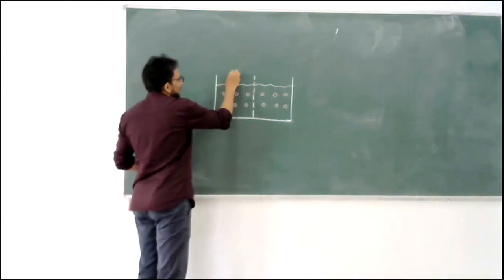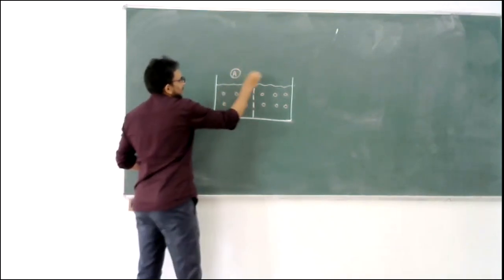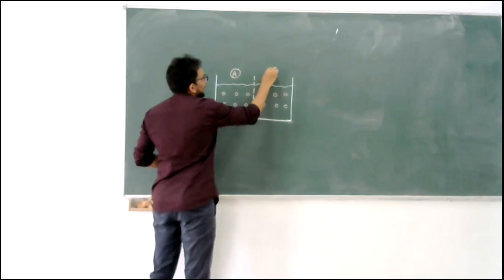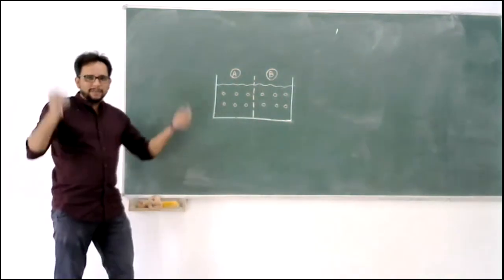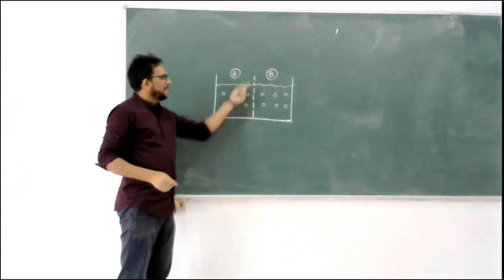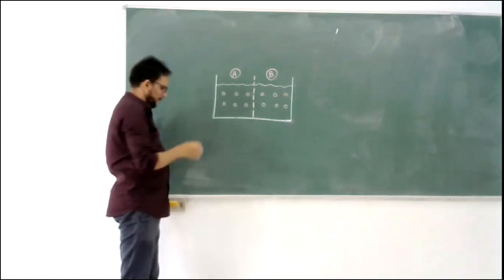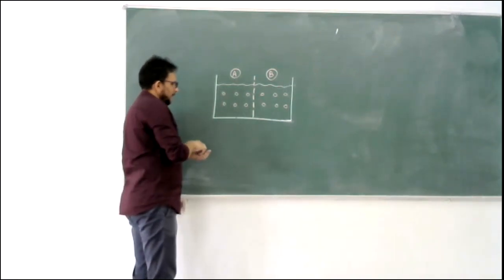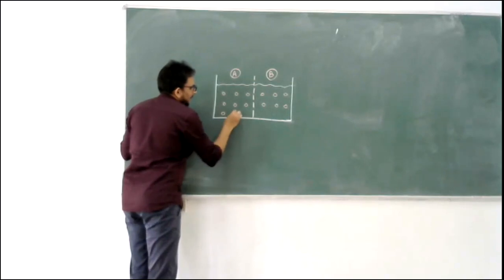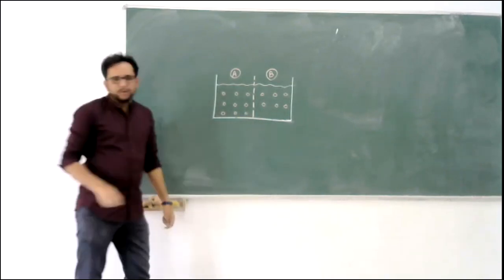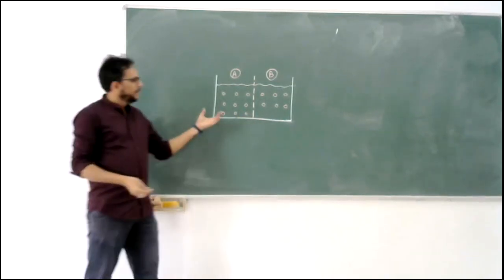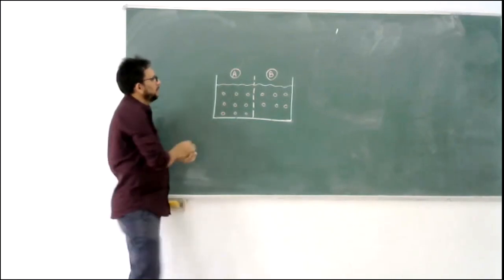For general reference, I am labeling this as A compartment, this as B compartment, within the same system, just separated by a membrane. So now, let's say in this case, I add a little more solute. Solute is higher, so this will have